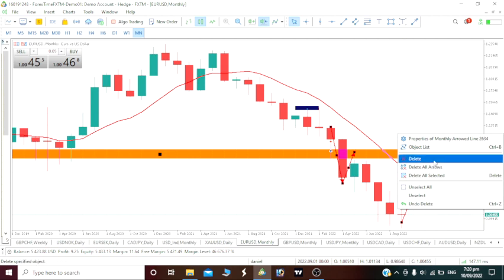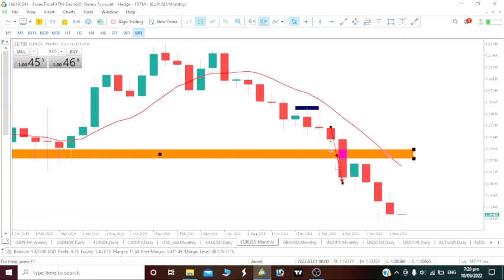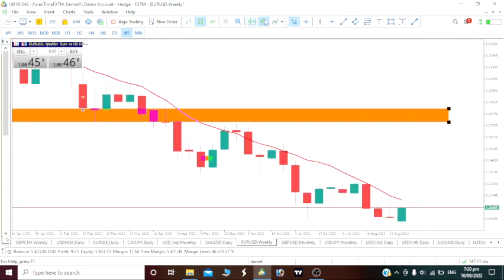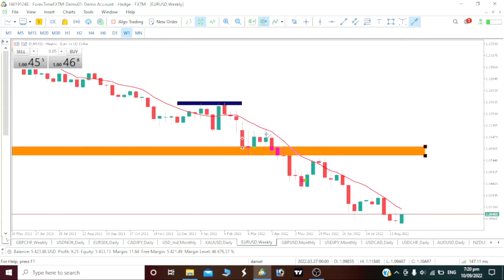Now let's see it on our weekly time frame, because we would want to trade it this week. So this week now we will see our movements. By the way, we can all see that there was a breakout at this level we once talked about, but we saw our price ready to test it. Then we had another drop on our Euro USD. Then we had a pullback, and now on our weekly time frame we've had a good amount of drop,